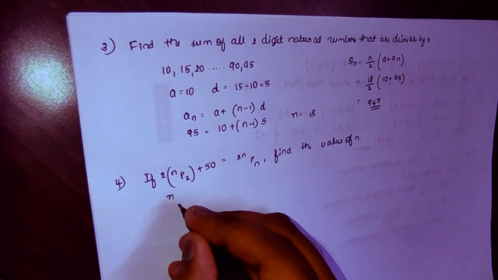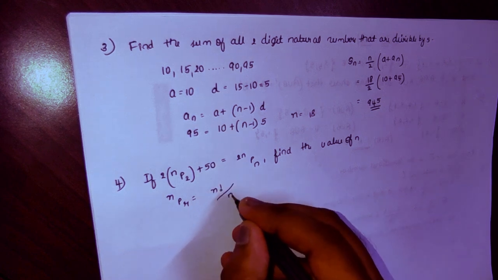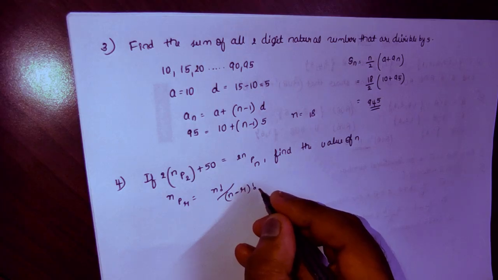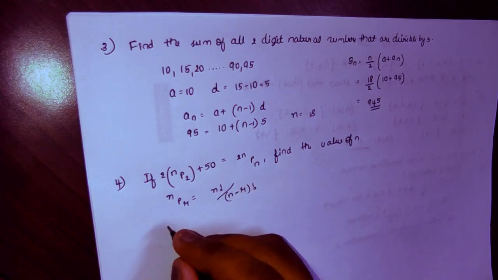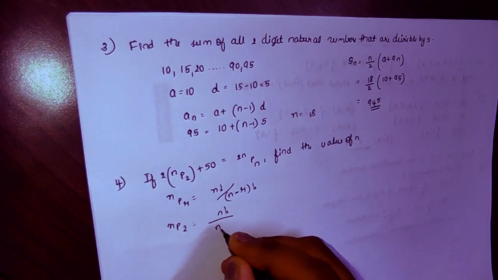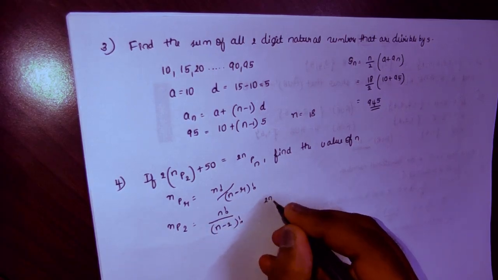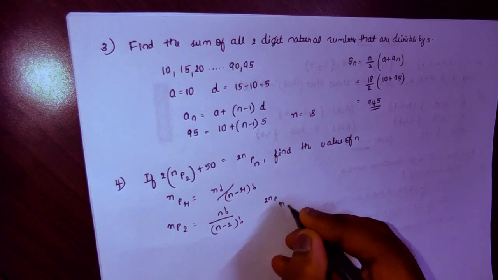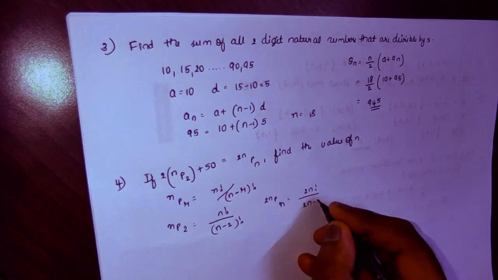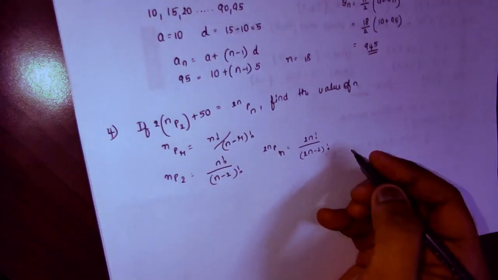We know the formula for nPr, that is equal to n factorial divided by n minus r whole factorial. So we will find nP2. nP2 is n factorial divided by n minus 2 whole factorial. 2nP2 is equal to 2n factorial divided by 2n minus 2 whole factorial. Now we will substitute it in the given main equation,